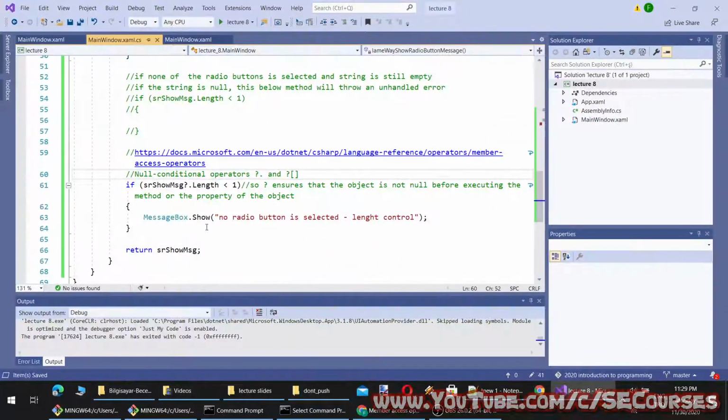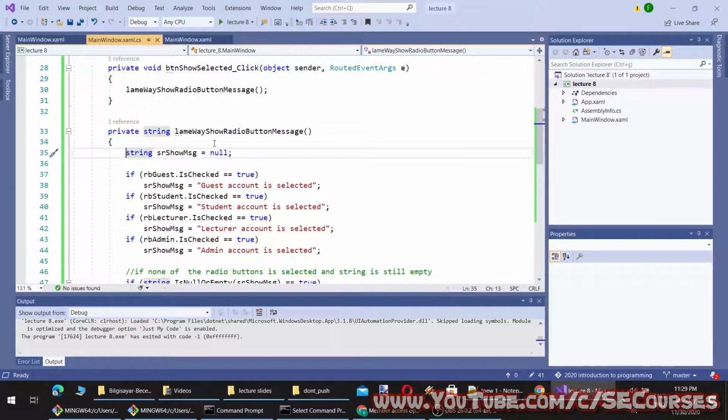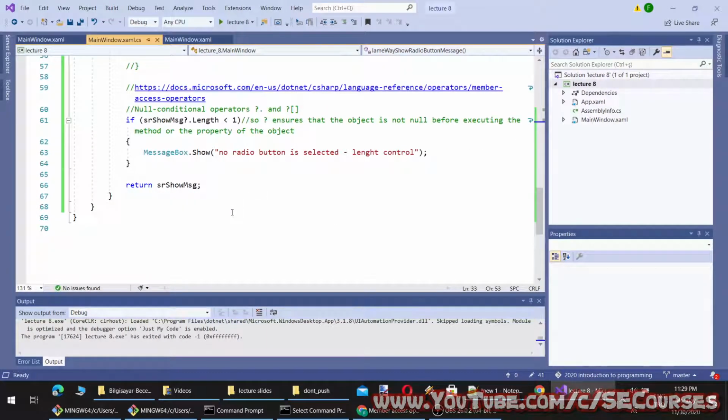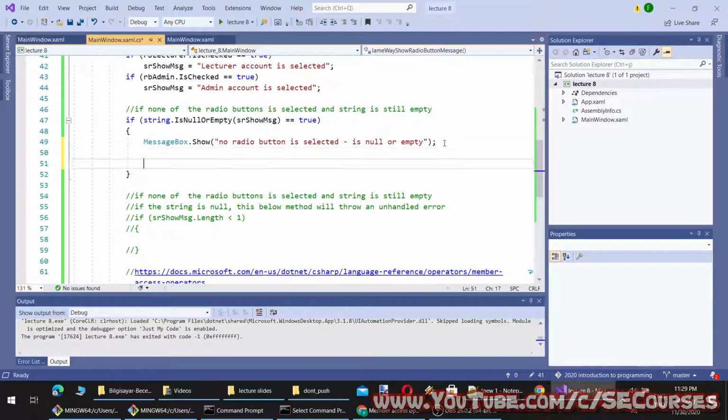Okay, so if none of the radio buttons is checked, I will check one of the radio buttons randomly and recall this method. Okay, so let's do that inside here.